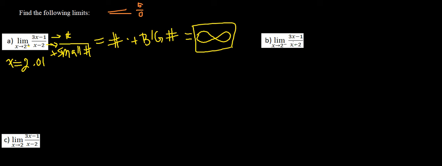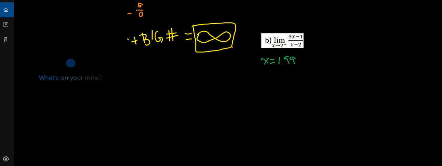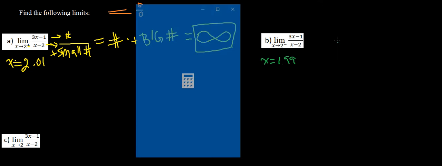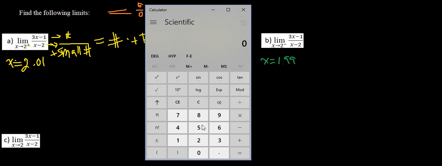So let's try that same logic over here. Let's pick a number. What's a number a little less than 2? How about 1.99? So if we plug that in, what would we get? I closed my calculator for some reason because I thought that was smart. So what are we going to get in this case? We're going to get 1.99 times 3, and then we're going to subtract 1 from it, and it's going to be divided by